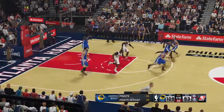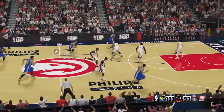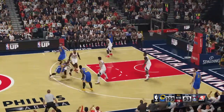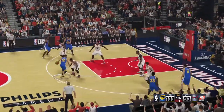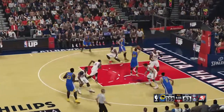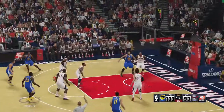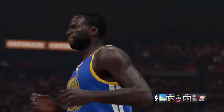Green with the rebound. Golden State's gone 1 of 3 from outside the arc since we've reached the 4th quarter. Bogut sets a screen for Curry. To the left side wing. The feed to Green from deep. And that one's good. And the Warriors